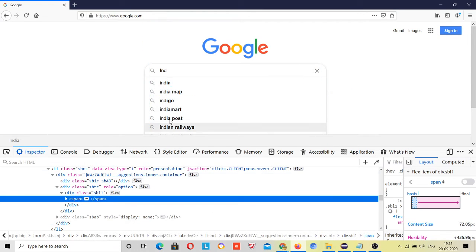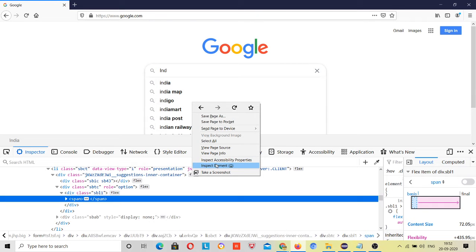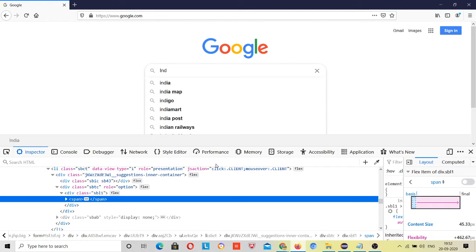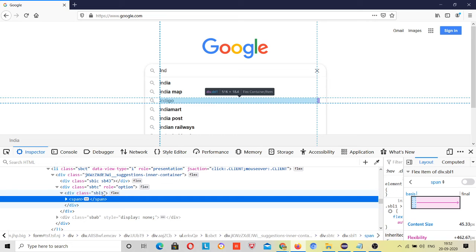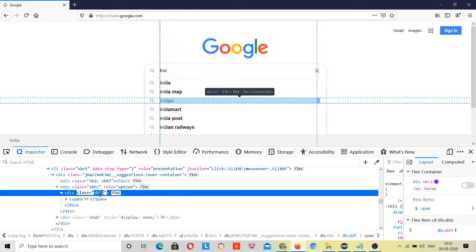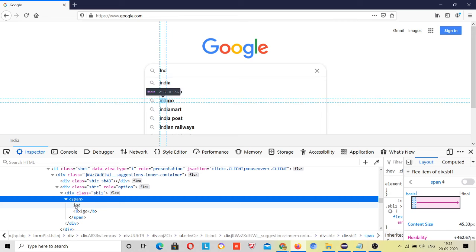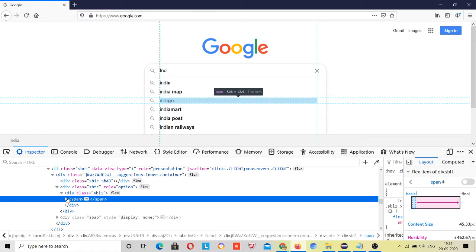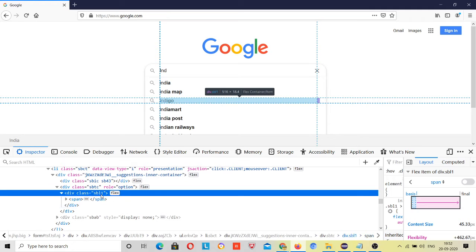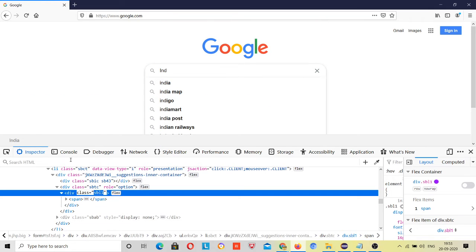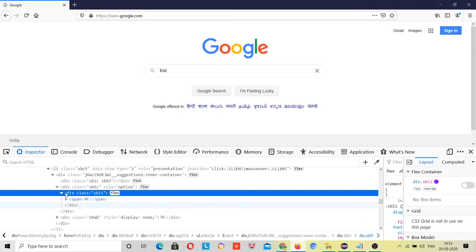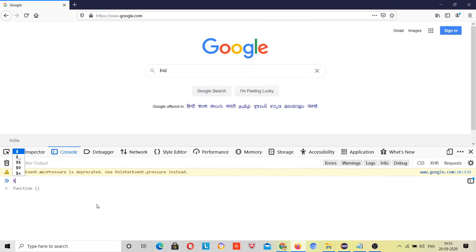If I want to highlight this Indigo, see, for every element it is SBL1. This and this span tag is where the text is written, right? So the SBL1 class is common between all. Just copy this SBL1 class. Go and write XPath for it. This class is an attribute, value is SBL1 and tag name is div. This information is sufficient.